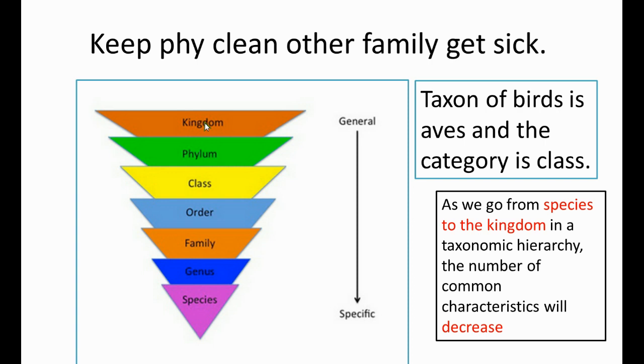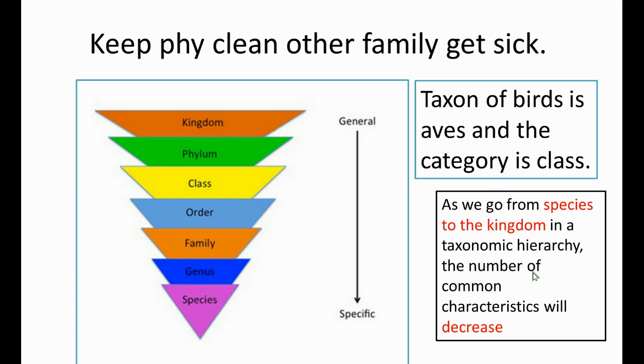Species is the basic unit, the lowermost category, and kingdom is the highest category. You need to remember that species is the lowest category and kingdom is the highest category. As we go from species to the kingdom in our taxonomic hierarchy,